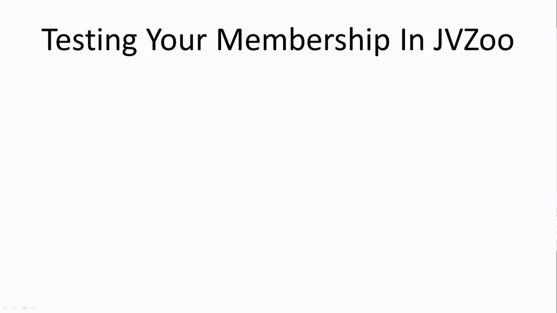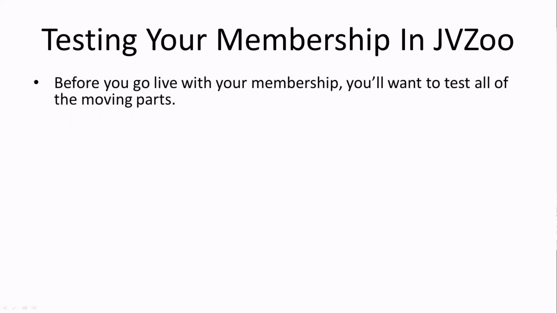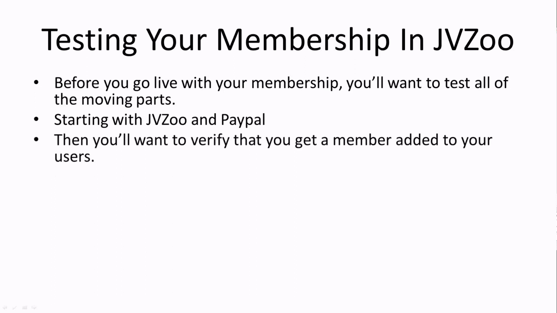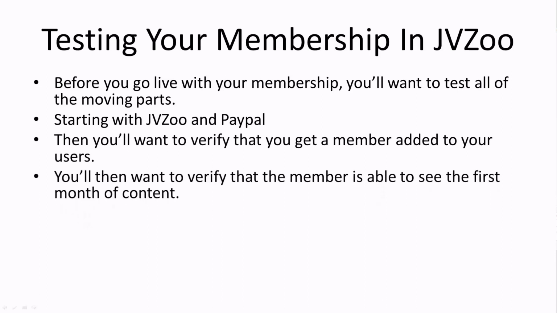Welcome back. Now in this video, we're going to be talking about testing your membership in JVZoo as well as in your WordPress installation. Now before you go live, you'll want to test all of the moving parts of your membership. And you're going to start with JVZoo and PayPal, and we're going to show you how to do that here in a minute. You're also going to want to verify that you get a member added to your user section. You're also going to want to verify that the member is going to be able to see the first